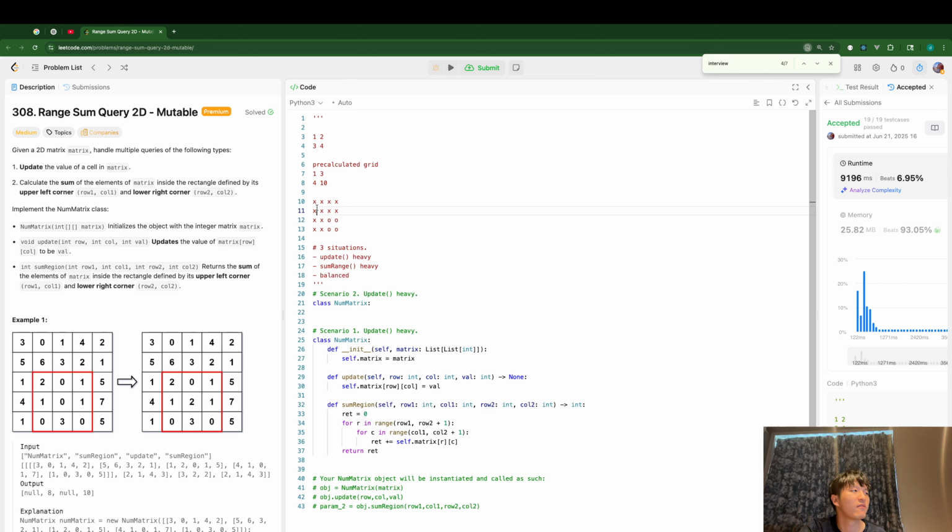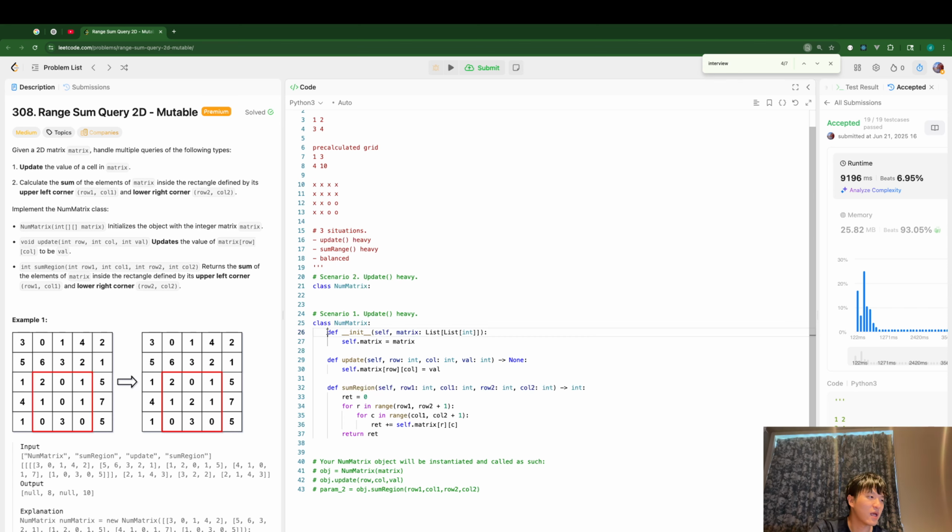No, sorry. The worst case is when the left top cell is updated. In that case, all the pre-calculated range sums should be updated, and for that, I will traverse all the cells. So it will take O(n) time. Okay, so that being said,